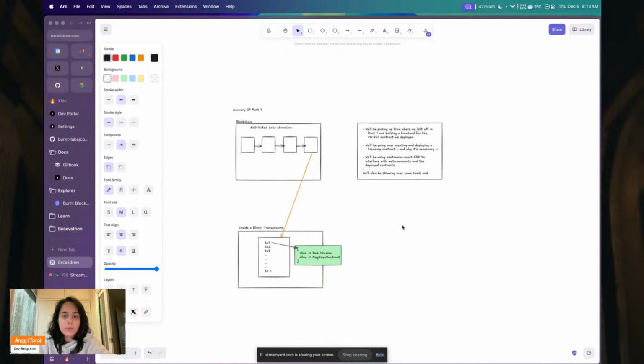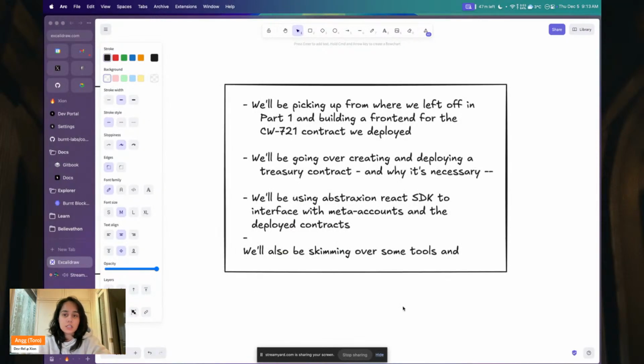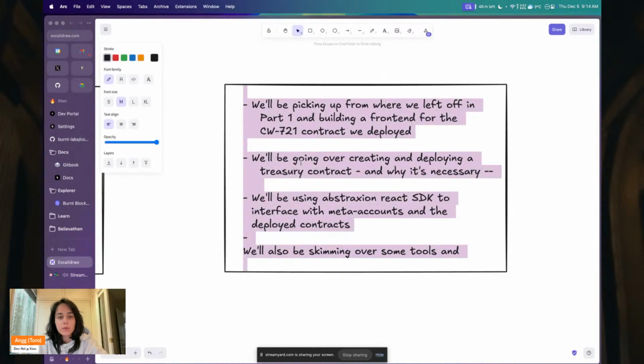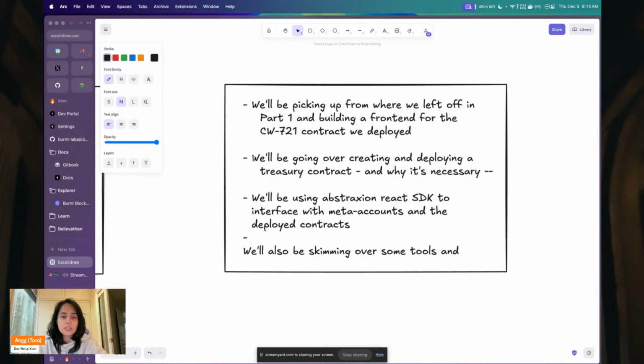And that was the first part of this session, where I went over a brief summary of why we are here and what we did yesterday. The agenda for today is that we are going to pick up the contract that we deployed in our last session, and we're going to be deploying a treasury contract. So this is a step that is